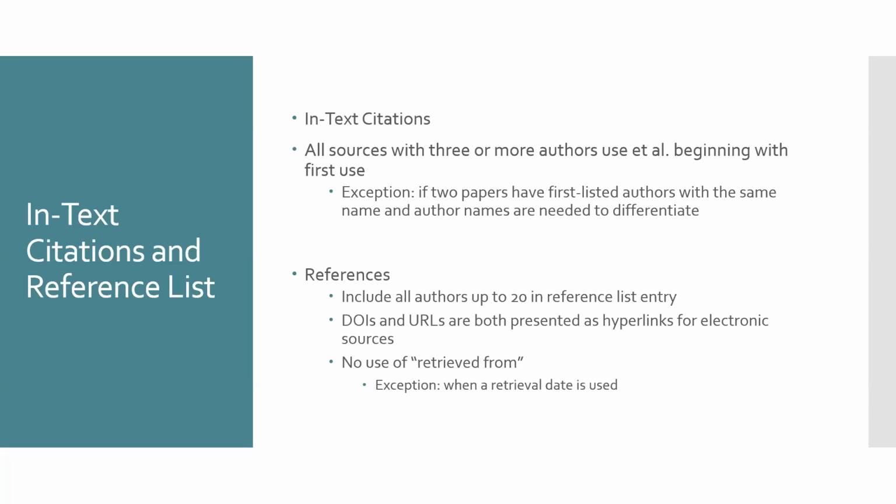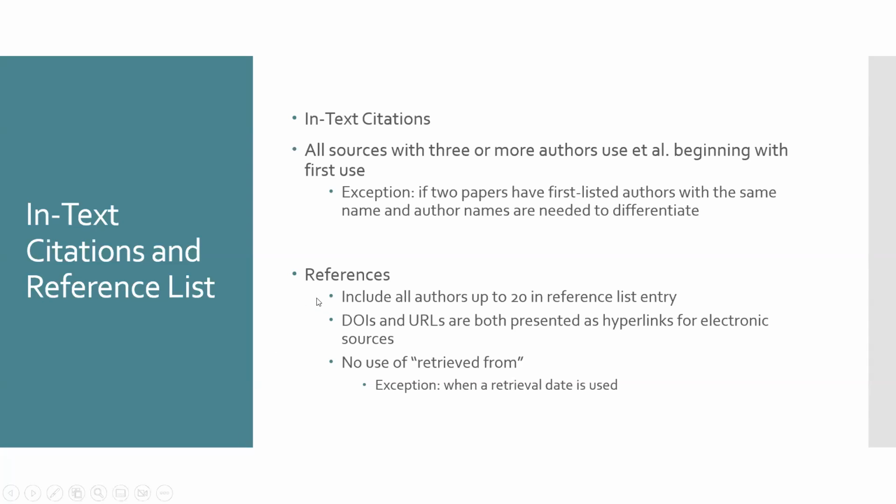The only exception to this is if you have 2 papers that have the same first listed author with the same name and the same date, right? So say John Smith was really active in research that year and he put out 2 different papers where he was the first author in 2012. Well, then you're comparing Smith et al. 2012 and Smith et al. 2012. And so that's the only exception that you're going to make with adding more than one author's last name. If that's the case, you're just going to put the first 2 authors' last names, and then the date 2012, and so on and so forth.